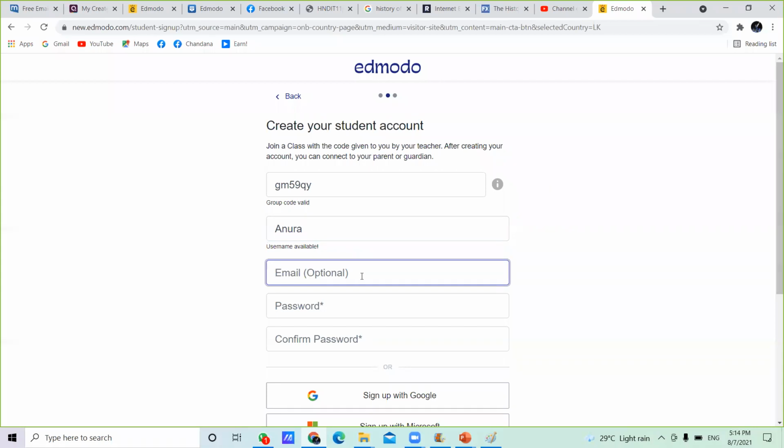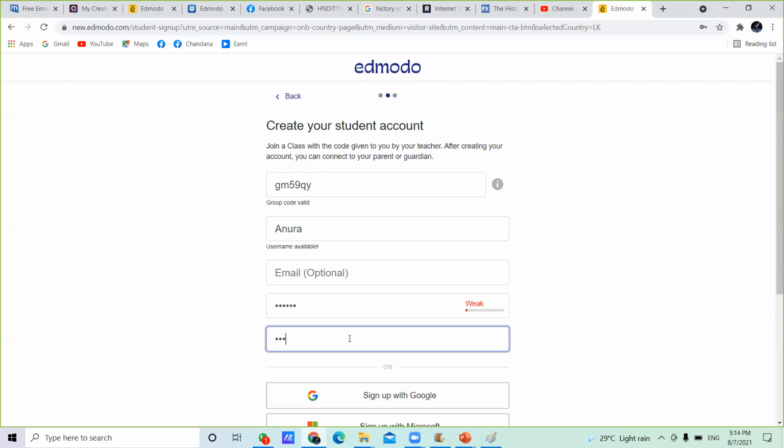Email is optional, not necessarily giving an email address here. If you have one, then you can give it here. Then the password: you can give any password here, but you have to remember it. Most of the time, the main problem when doing these things with students is that later they forget the password.